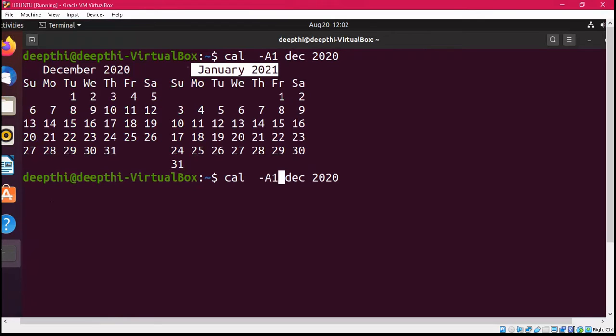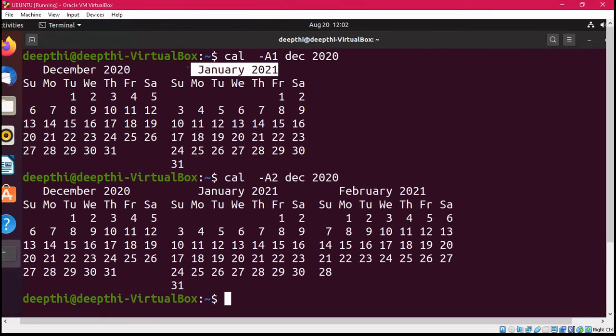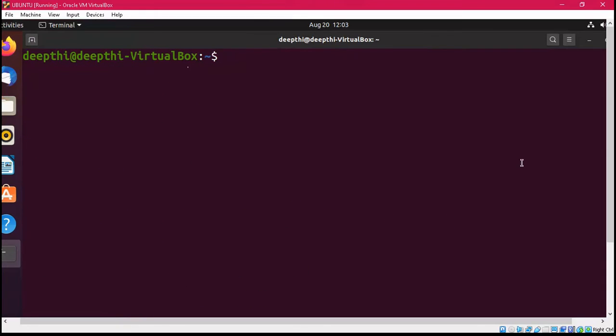Similarly, if you change it, it will display the next 2 months, that is January and February, right? I hope you understand it. So there are different ways. If you just want to display the months after a particular month, then you will only use A. If you want to use before, previous, then you will simply use B. But if you want to display both after and previous, then you will use both, as we have seen in this. Now finally, we are left with the last command.